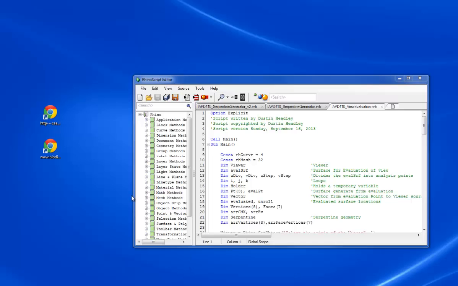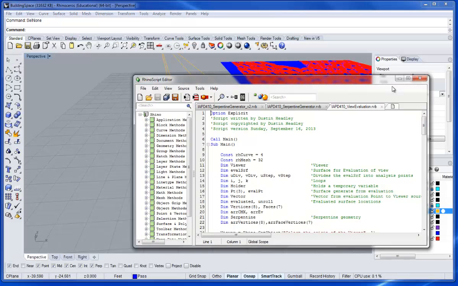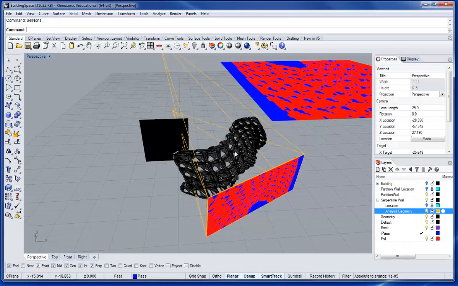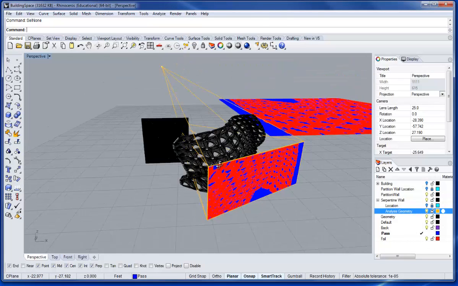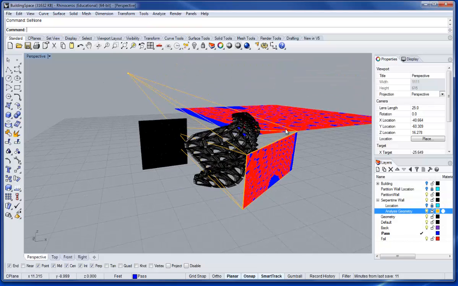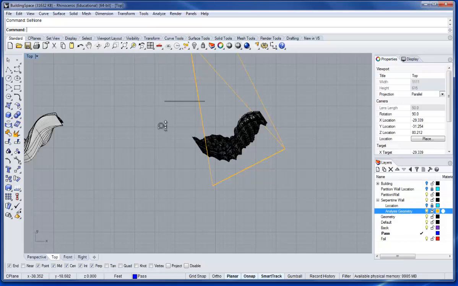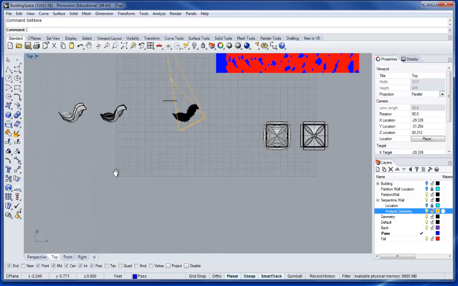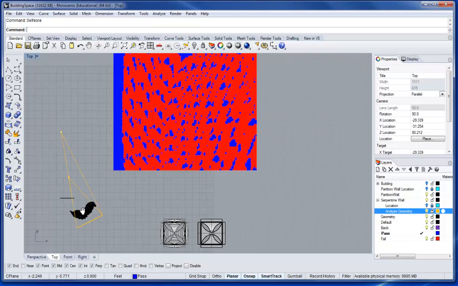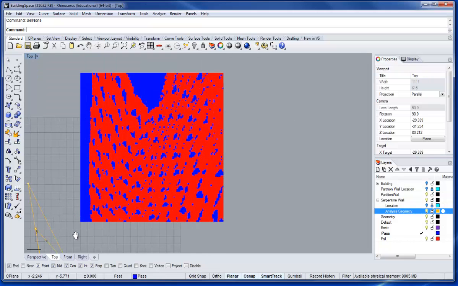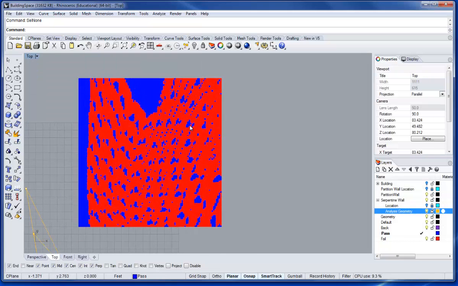Alright, through the magic of video editing, we're done running that script, so we can see how we did. Now I'm going to go into plan view here and zoom out so we can check our analysis. This script generates two patterns, the unrolled pattern and the actual pattern. So we can look at our actual transparency, and we needed to hit 20%. We'll turn off the fail,